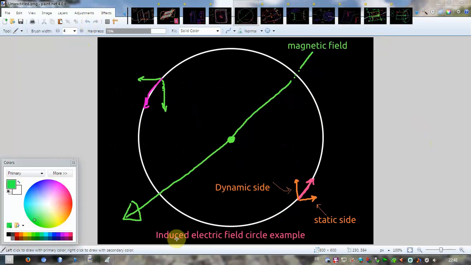This is the induced electric field circle example. If this is the magnetic field here, and this in white is the induced electric field, we see this field like this. It has a dynamic side and a static side. But for example, if we see this point here